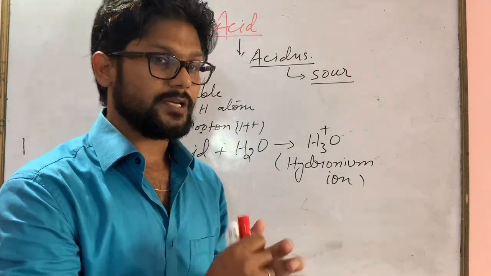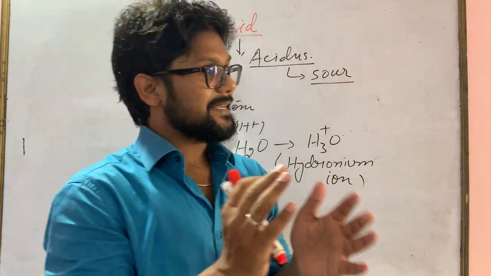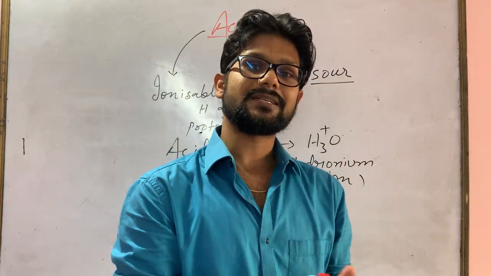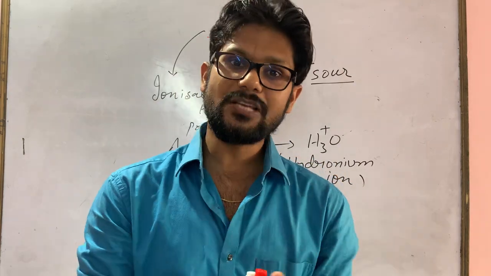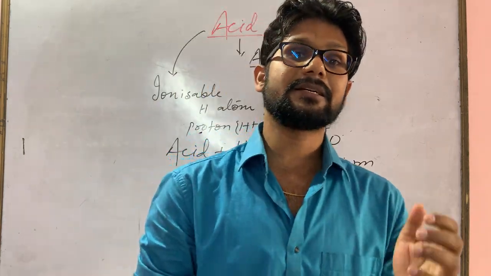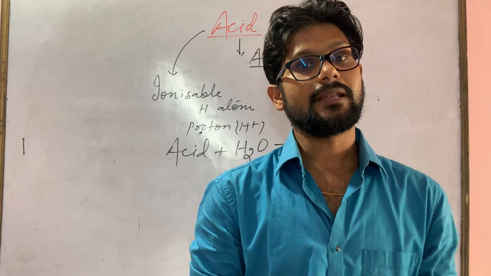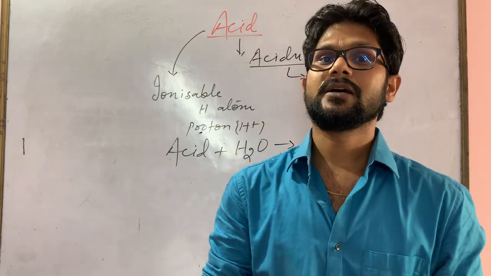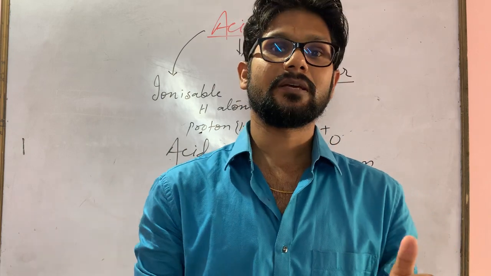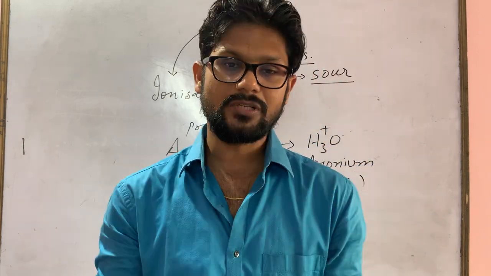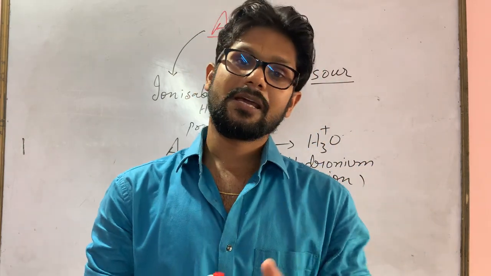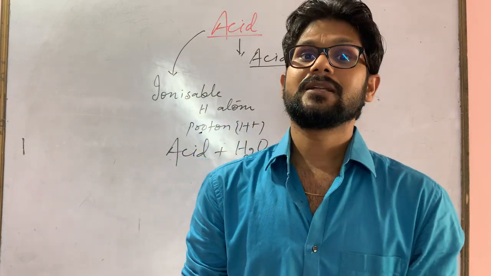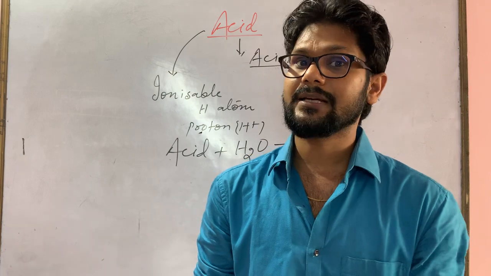So move to the next point. As I said, acids may occur in nature, in fruits and in other kinds of food, as well as acids can be prepared in the laboratory. In this video I am not going to explain the preparation of acids in the laboratory or how they are prepared using chemicals. Here I am going to deal only with the classification of acids and the naturally occurring acids.